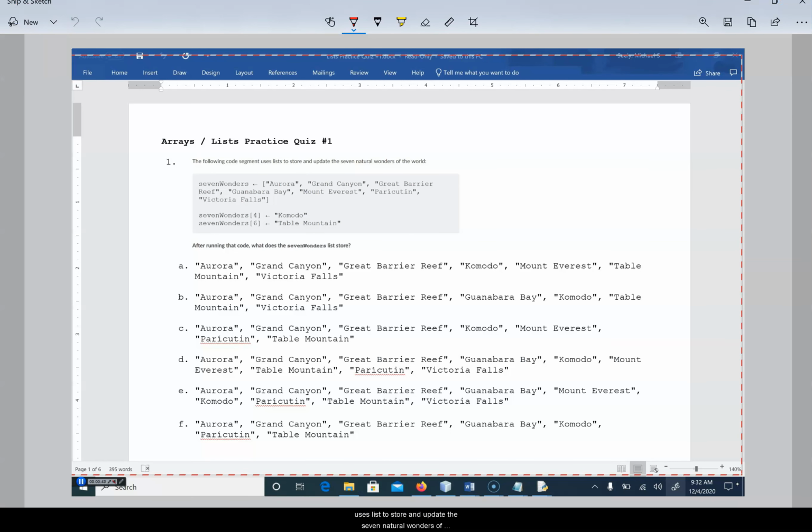It says the following code segment uses lists to store and update the 7 natural wonders of the world. You got Aurora, Grand Canyon, Great Barrier Reef, Guanabara Bay, Mount Everest, Parkuden, Victoria Falls, and we want to assign what's in position 4 to Komodo and what's in position 6 to the Table Mountain. Okay, so in Java, you know that your index always starts at 0, but for the AP test,